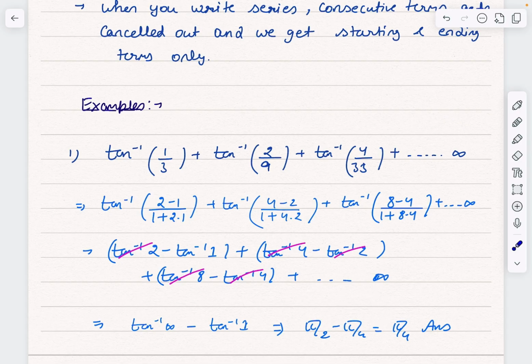Some tan series is there. What you do is write the first term 1/3: 3 we can write as 1 plus 2 into 1, and the 1 in the numerator we can write as 2 minus 1. You see now (x - y)/(1 + xy). So we can write this thing as tan inverse 2